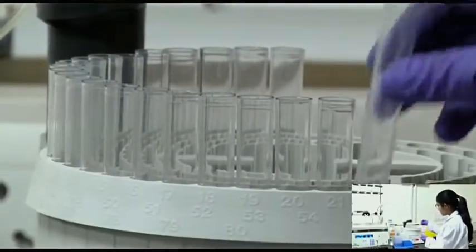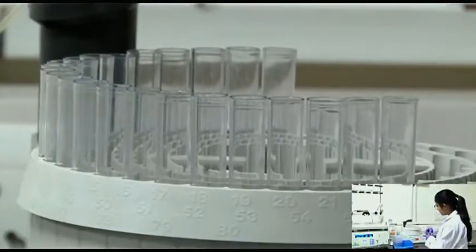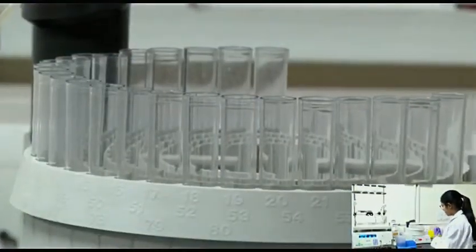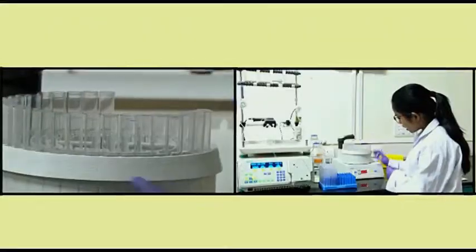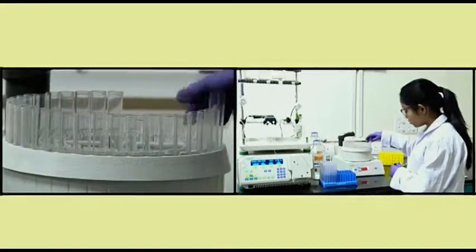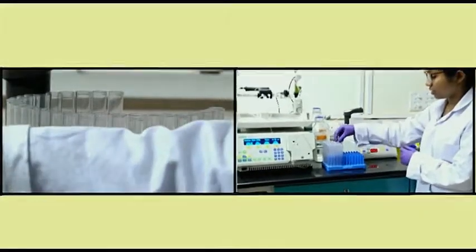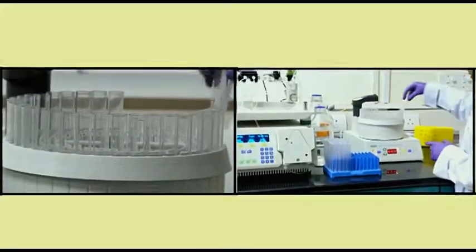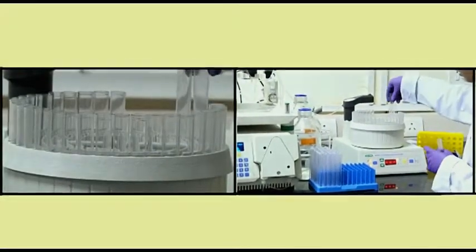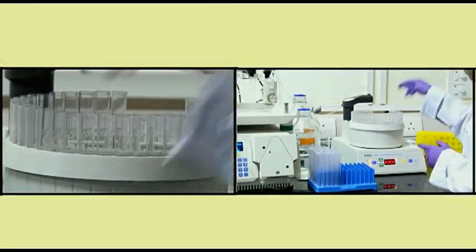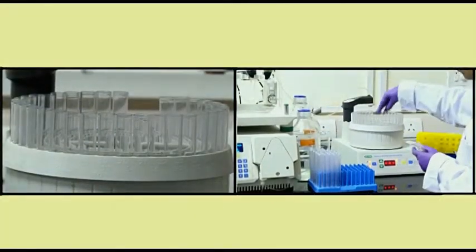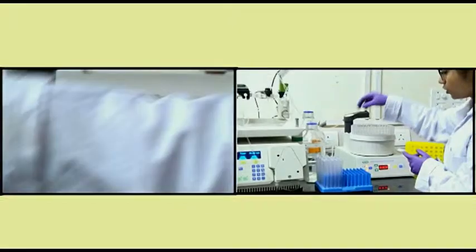So, this fraction collector will rotate and this will also show at which particular fraction number I will have my protein. There are numbers written on the fraction collector tubes. Based on that you can identify the corresponding fraction collection number of the particular tube. I need almost 42 of these collection tubes.